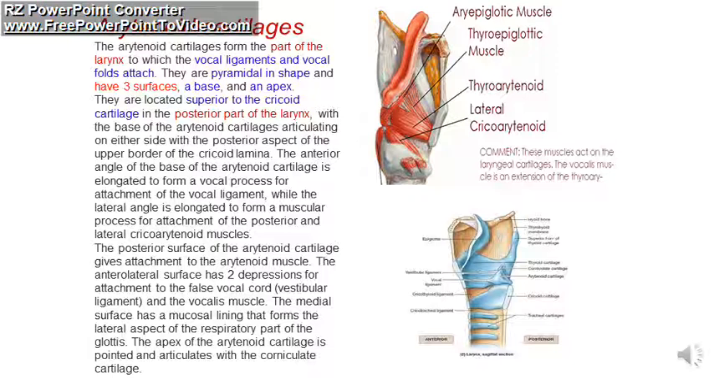The posterior surface of the arytenoid cartilage gives attachment to the arytenoid muscle, if you look here, and attachment to the false vocal cord, the vestibular ligament, and the vocalis muscle. The medial surface has a mucosal lining that forms the lateral aspect of the respiratory part of the glottis. The apex of the arytenoid cartilage is pointed and articulates with the corniculate cartilage. If you look here,